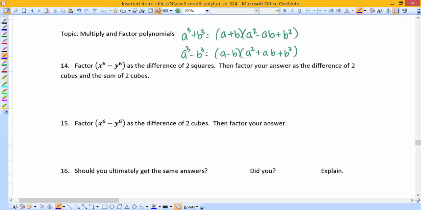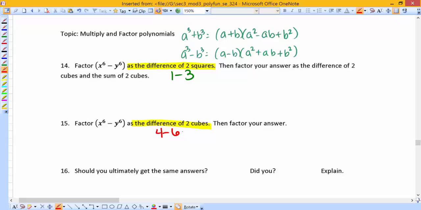you are factoring them differently. So pay attention to 14. It says factor using difference of squares. So go back and look at 1 through 3. That's how we did 1 through 3. In 15, it says use the difference of cubes. And that was what we did in 4 through 6. So look at those, okay? And kind of see what happens